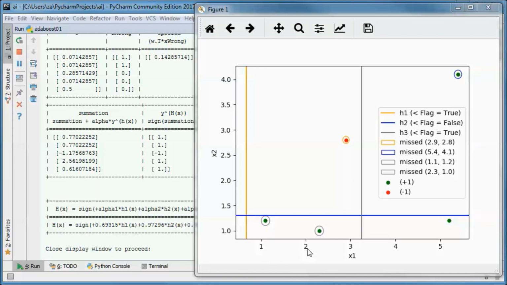And next, let's try to classify a couple of data points. So maybe one here, 2 and 2, and another one here, 4 and 1.